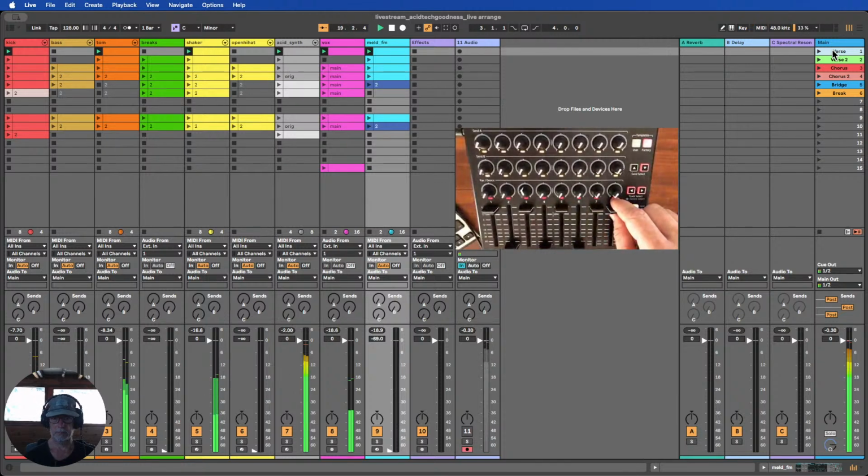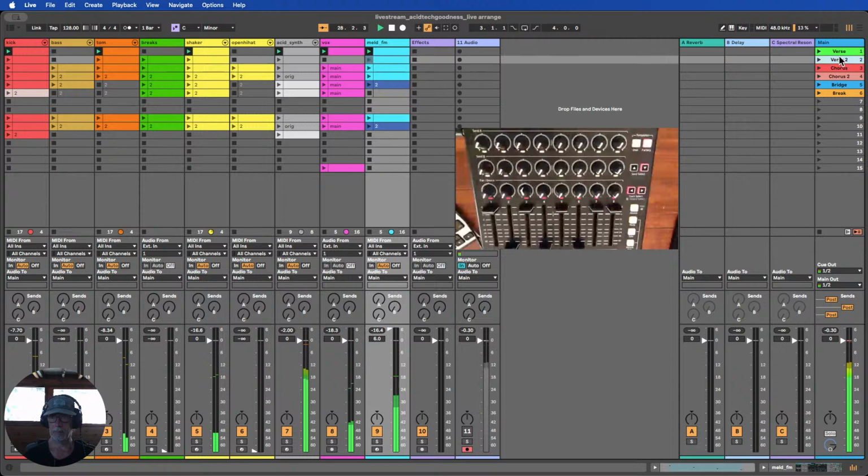Taking a break from my wife, forgetting my son's birthday. So let's bring the meld up. A couple of things. Taking a break from my wife, forgetting my son's birthday. Let's go to verse 2. A couple of things. Taking a break from my wife, forgetting my son's birthday. And a couple of